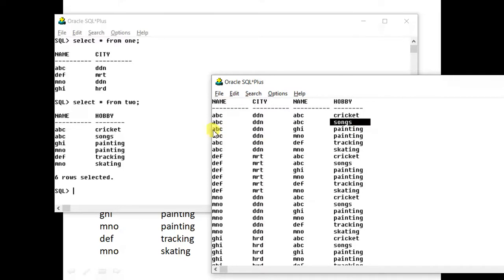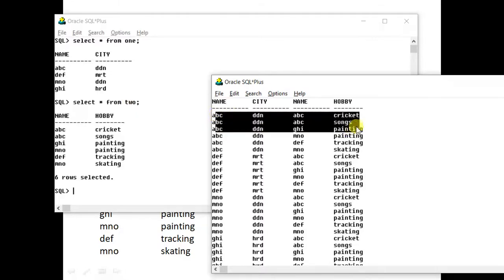But now listen carefully, again this same ABC has a pairing with this GHI painting, so it comes out to be ABC, Dehradun and GHI. Here the name is ABC, here the name is GHI, so this is an invalid record. Are you getting it? So this record is not required. So what are the useful records? The useful records are those where this name and this name are the same, and this name belongs to 1 and this name belongs to 2. We want to extract only the useful records out of these 24 records.